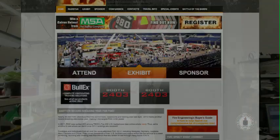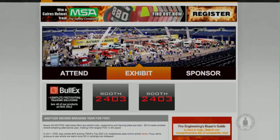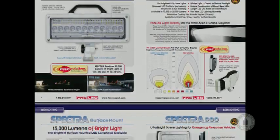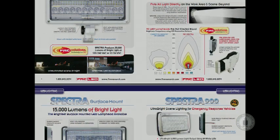So Brian, what are some of the ways that FRC promotes their products? Well, we advertise in magazines that go to fire departments for the fire service. We also go to several trade shows. At the trade shows, we're going to show a large selection of our product line. We have lights that work, electronics that have simulator programs in it, so it looks like it's working just like it would on a fire truck. And we'll also show new products that we're working on